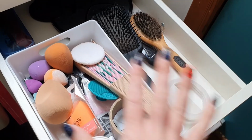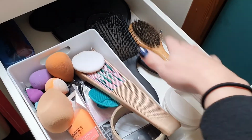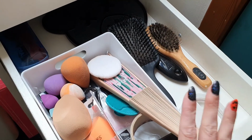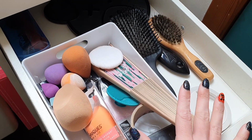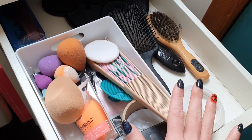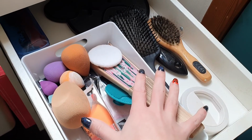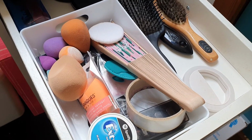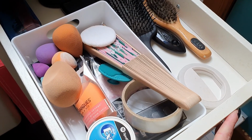Right, in this second drawer, I've popped all the tools, my brushes, a mirror, a little ring light selfie, and I'm sure I probably will come across more things as we go through the rest of these drawers, but for now that's looking pretty good. So much better, so much neater and more organised. Fab. The problem that I'm having now is I've used up all the containers that I had,